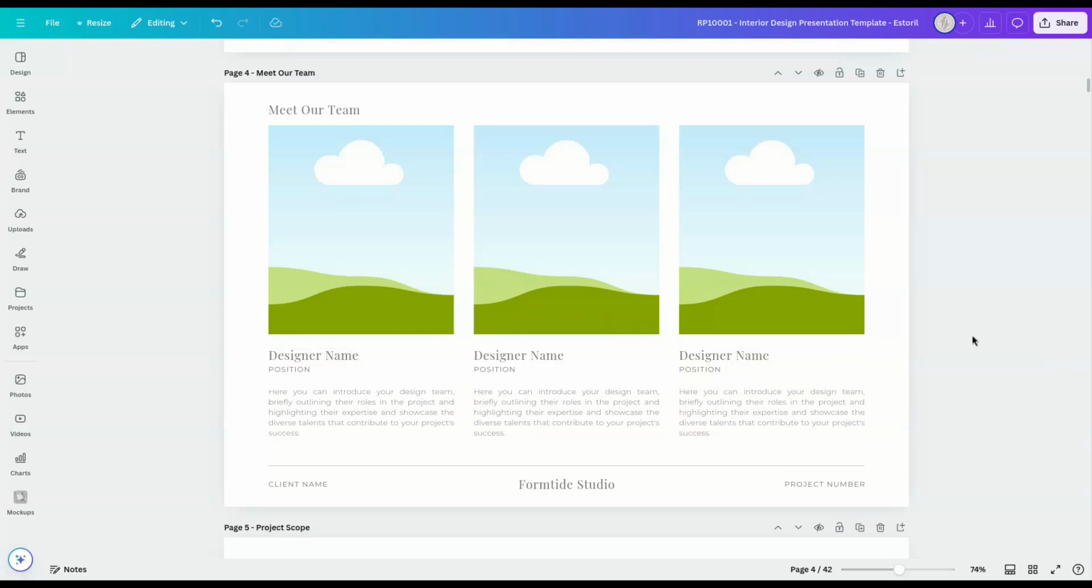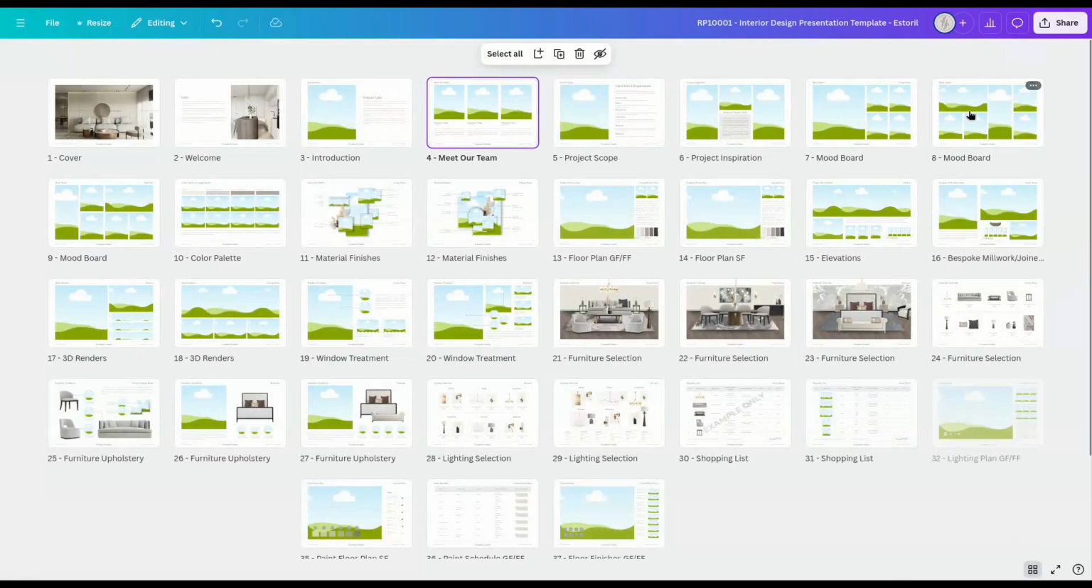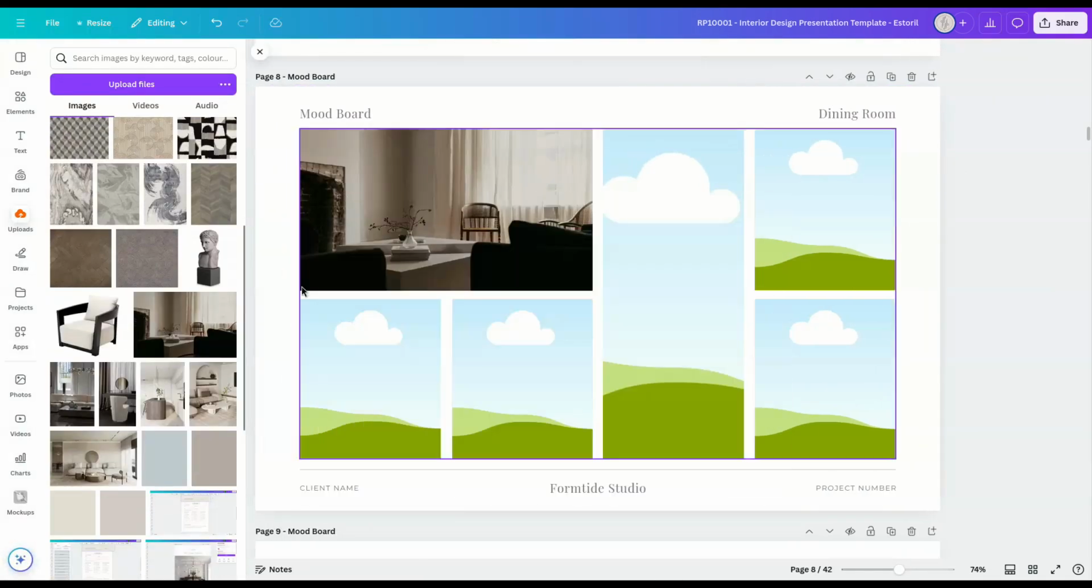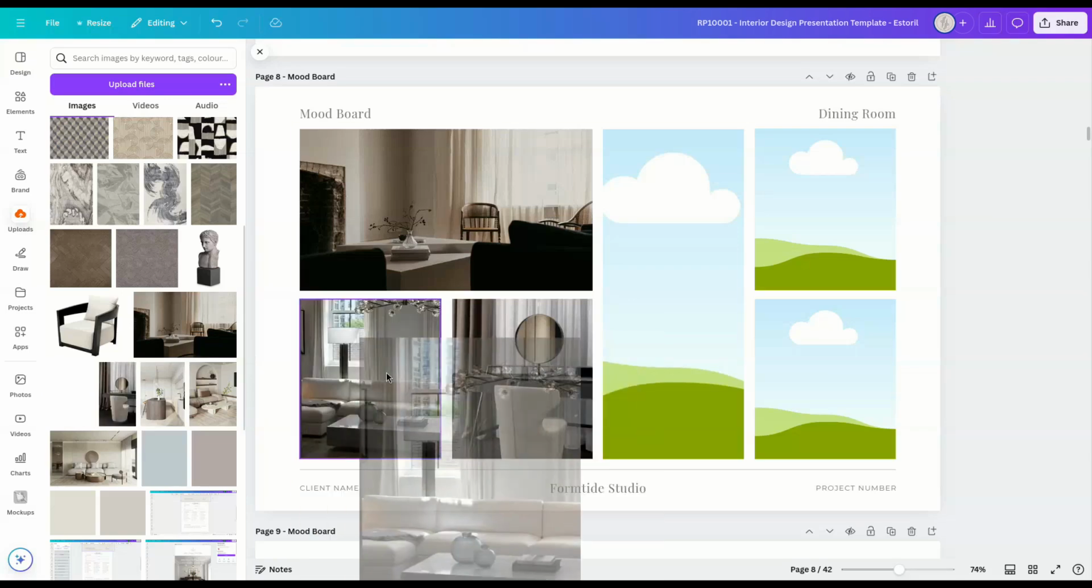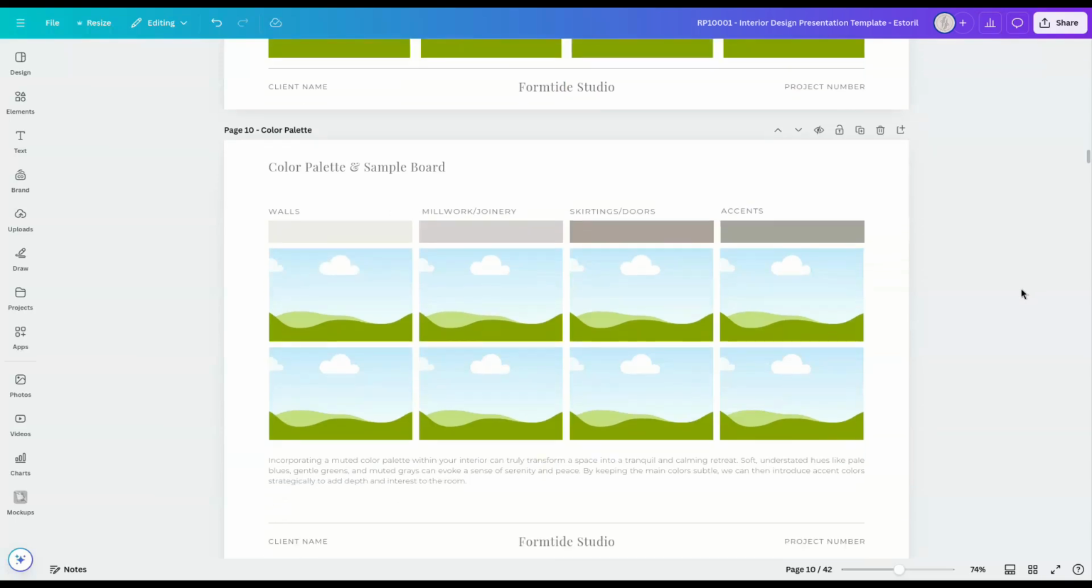Okay, moving on, I'll skip a few pages as they work the same as the previous ones, and I'll fast forward to the mood board page to show you once again how easy it is to insert the images once you have them chosen and uploaded. How fantastic is this? On the color palette and sample board page, I would like to show you the colored